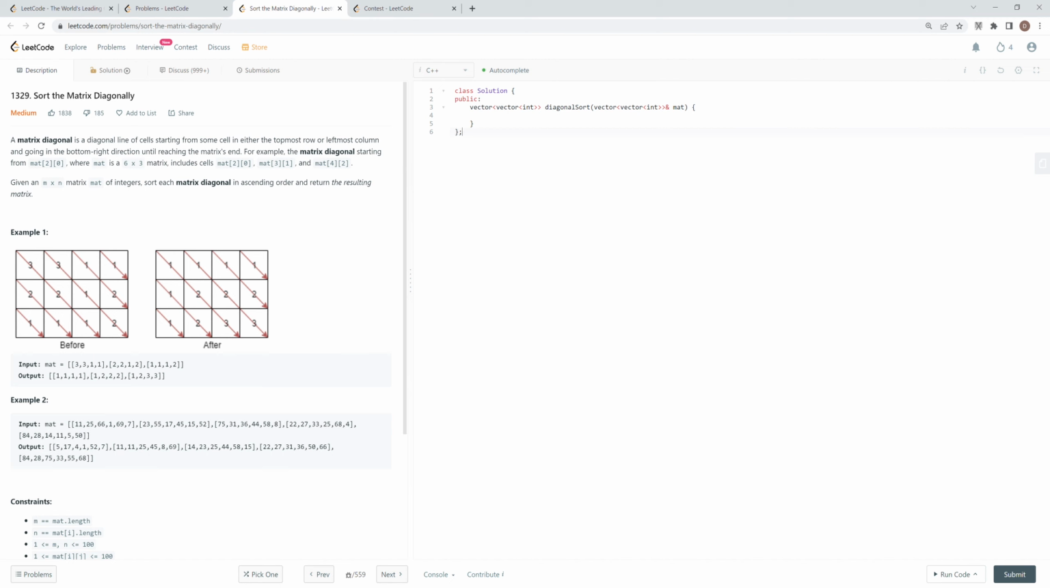Hey, what's up? Today we're gonna solve this problem, 1329, which is sort the matrix diagonally. First, understanding the question is very intuitive. It just asks you to sort it diagonally. So how do we approach this problem would be,